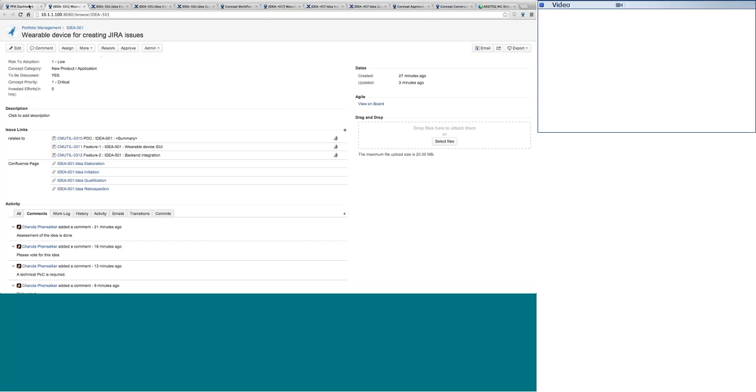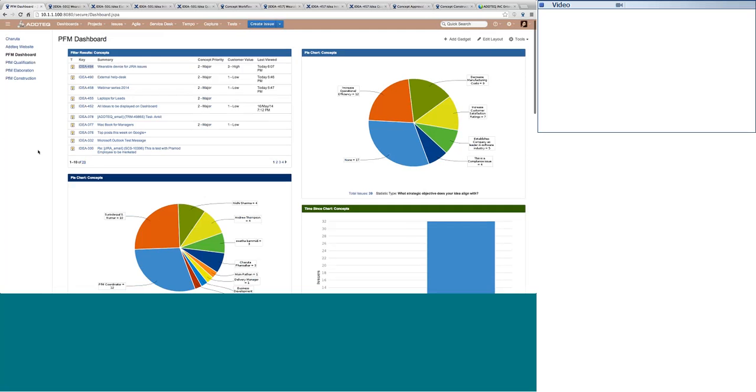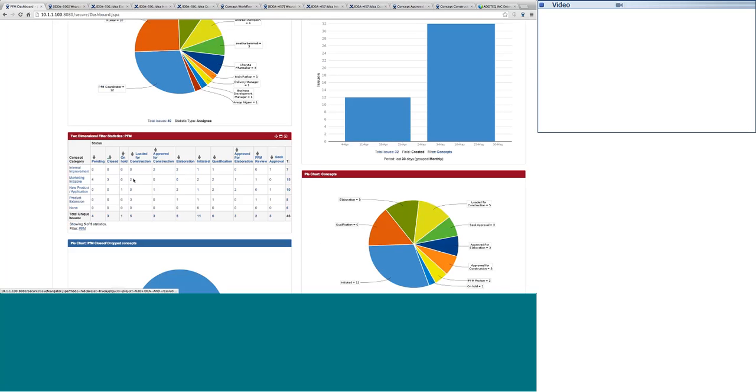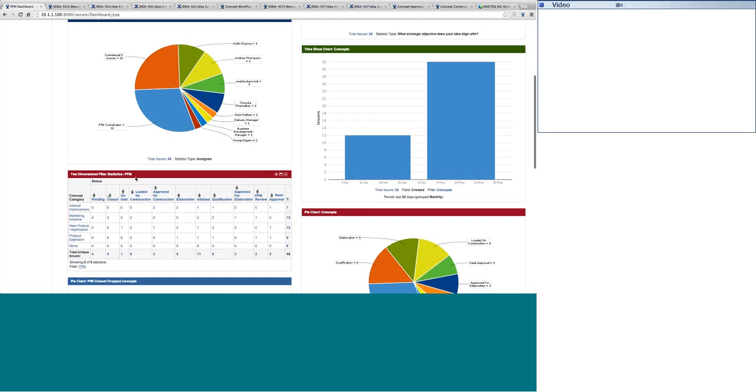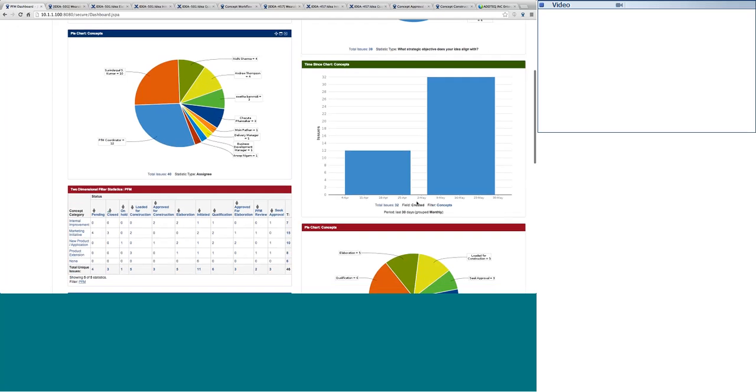Maybe you can categorize them based on the status or the assignment, or how many of the ideas are aligning with the strategic objectives and which ones, or who is looking after this idea, or how many marketing initiatives are in pending status or closed, or under construction. So this is just a set of gadgets that you can use, or a time frame chart just to see how many ideas were created since last month, or a pie chart to show you the status, how many ideas are in qualification, or how many ideas are in initiated status.